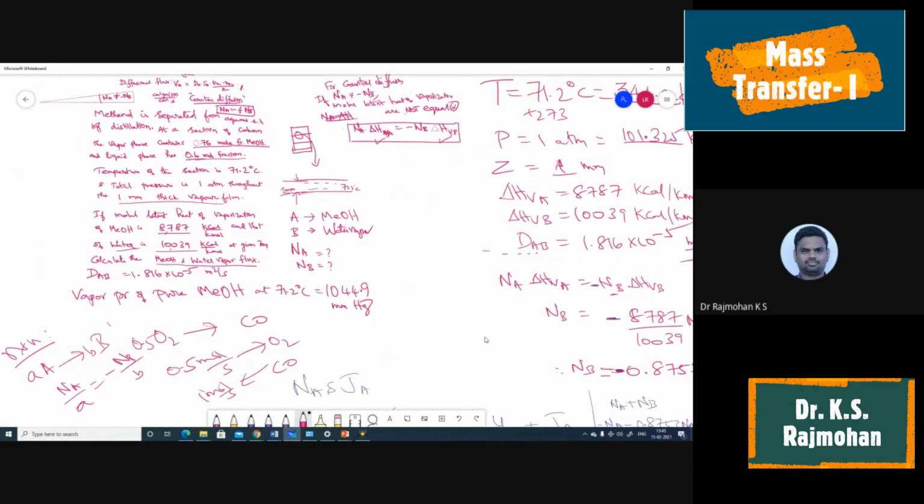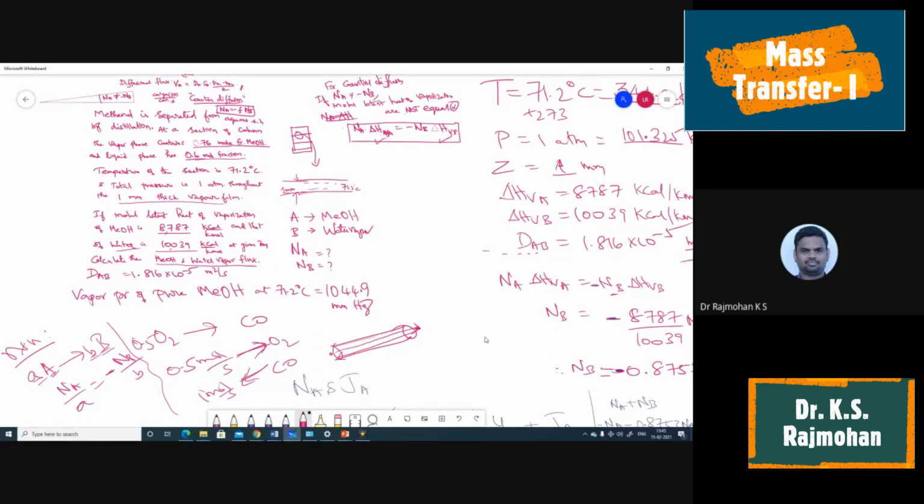Okay. Even in the test I gave different values, right? Accordingly you could have done it. Only thing is, the minus sign is here because A is reactant, B is product. A is going in one direction to react, and the product formed is leaving the path. It is like something taking place inside the pores of a catalyst surface. Catalyst surface is there, atmosphere is here. Through the pore, oxygen is entering, and in return, the CO is leaving. So like that, we are considering it to be taking place linearly.